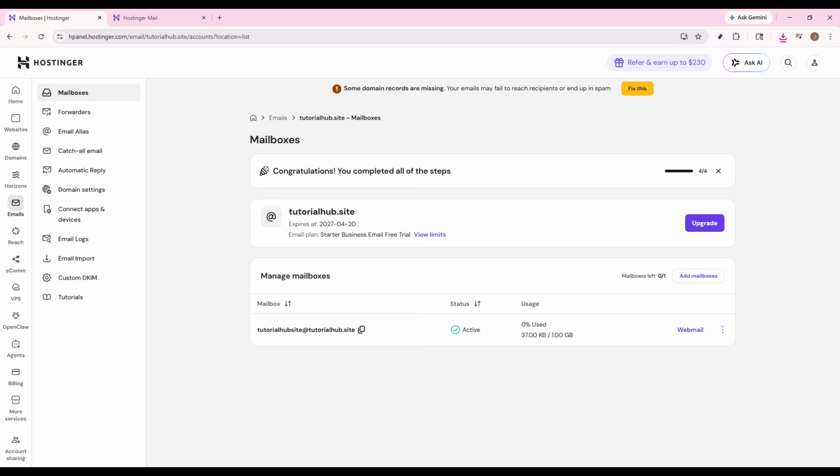If you need to log in to your Hostinger email, this quick guide will walk you through the process step by step. Whether you're checking messages for your business, personal use, or a project, Hostinger makes it simple to access